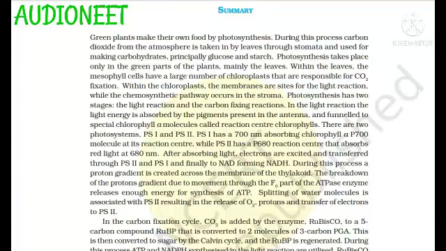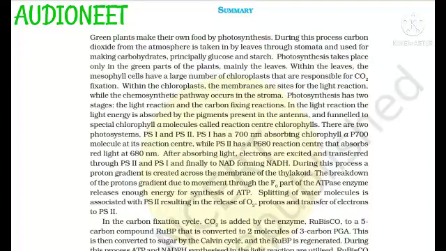After absorbing light, electrons are excited and transferred through PS II and PS I, and finally to NADP, forming NADPH. During this process, a proton gradient is created across the membrane of the thylakoid. The breakdown of the proton gradient due to movement through the F0 part of the ATP synthase enzyme releases enough energy